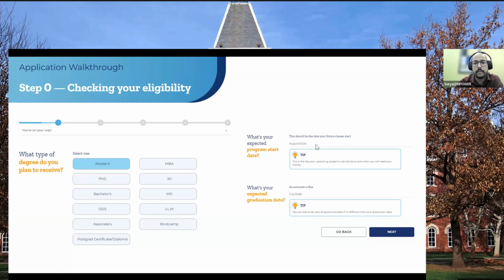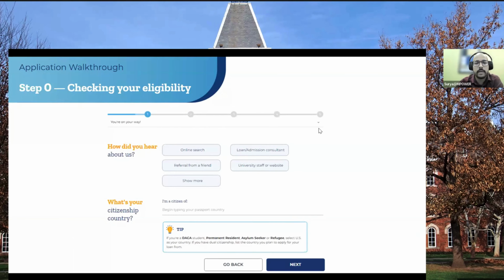One thing to understand while you're submitting this application is that if you are sure that your program is within 2 years, then your start date and end date should also reflect the same. There are certain occurrences where the applicant submits a wrong start date and provides a wrong graduation date, which hinders their application process, and they are not given the opportunity to continue with the application process. So if you are aware of the start date and the end date of your program, kindly select the right dates while you're submitting this eligibility check.